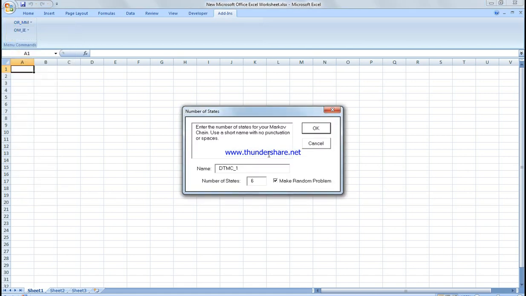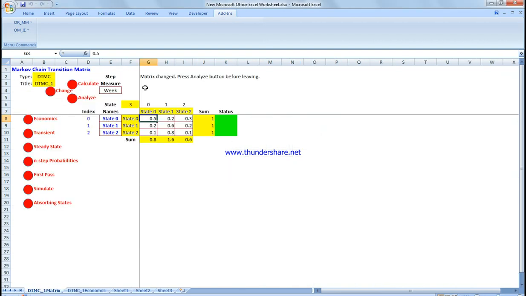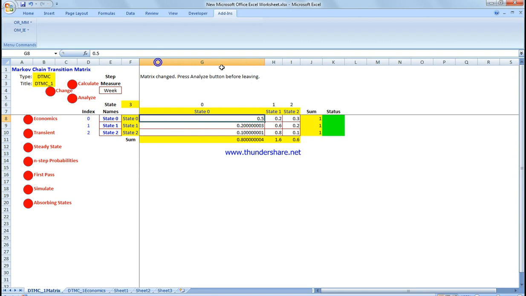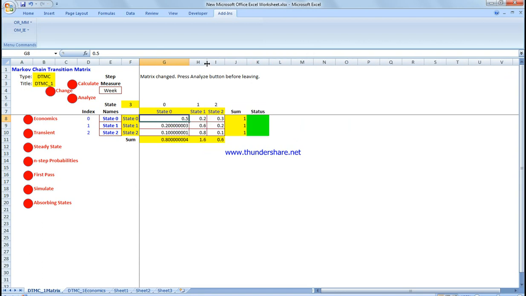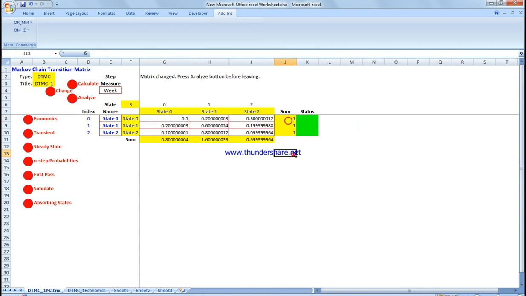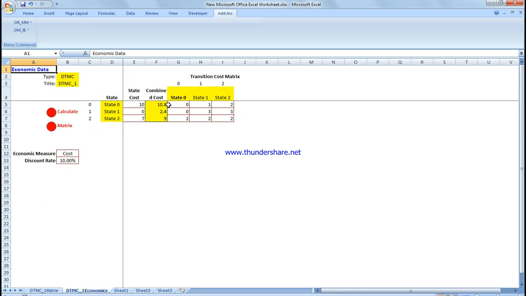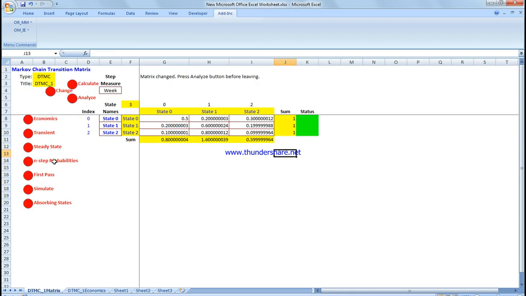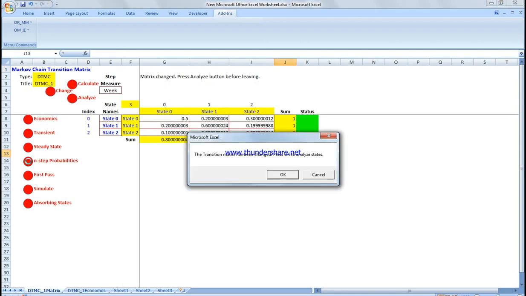So we start with the Markov chain, saying we have three states of nature, and you can see the values here. I need to bring to your attention that the summation of all those three values is always equal to 1. Okay, so here is the economics one, and for example the n-step probability,